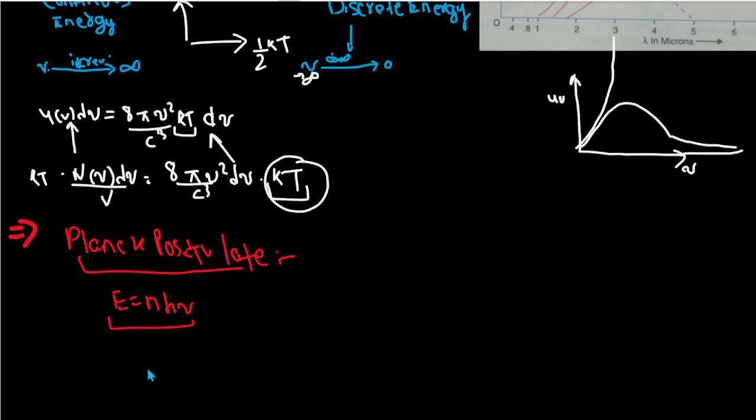Because if you have studied statistical physics, you all know that the average energy equals the integration from 0 to infinity of E P(E) dE, divided by the integration from 0 to infinity of P(E) dE. So this is the formula for finding the average energy